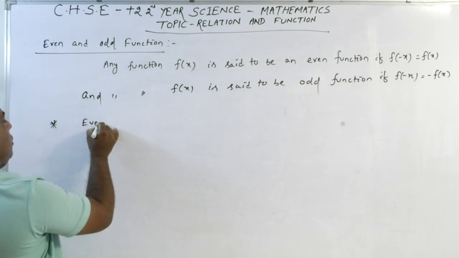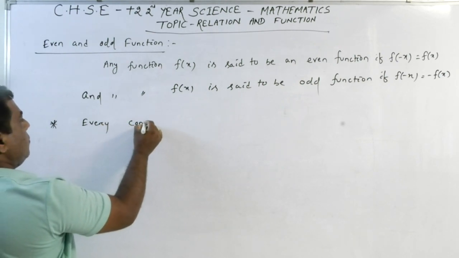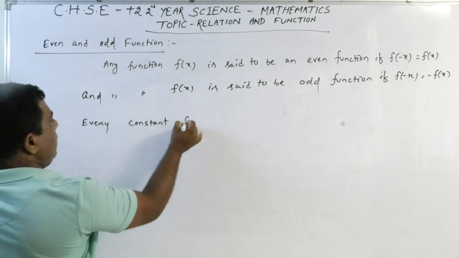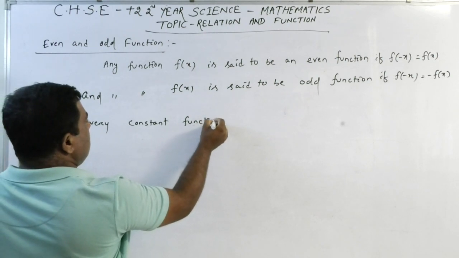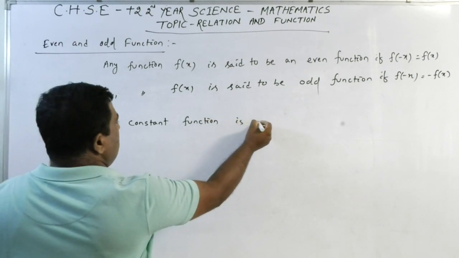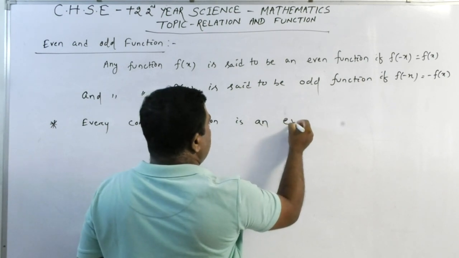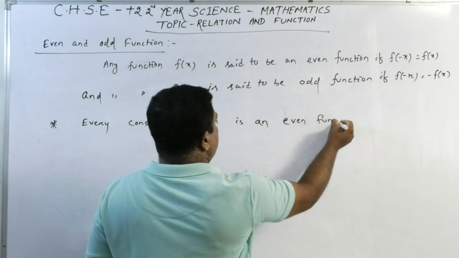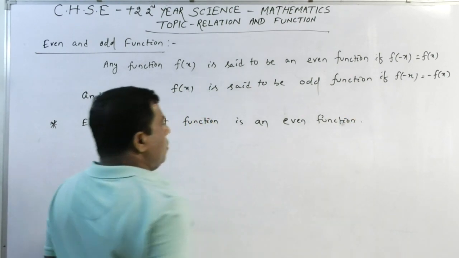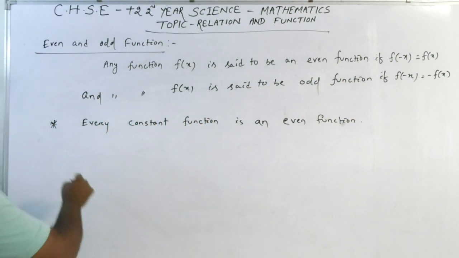Every constant function is what type of function? It is an even function. Okay, the next one is: